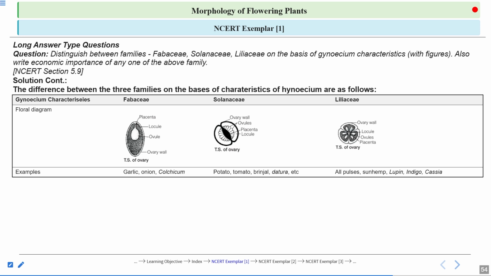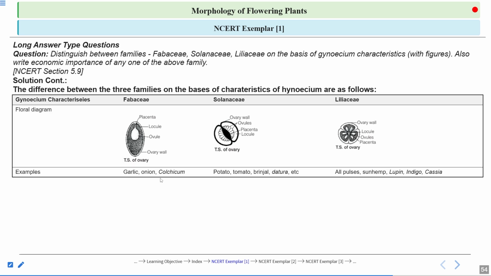Now this is the gynoecium characteristic floral diagram. You can see one locule and there is one ovule. This is the bicarpellary. 2 carpels are there. One carpel is this and another is this. So 2 locules, and inside the locule you can see many ovules are there, right? Liliaceae, trilocular. You can see the 3 locules. 1, 2, 3. 3 locules. And each locule can have 2 to many ovules. So again, it is showing the axile placentation.